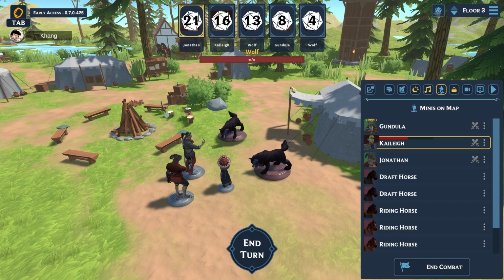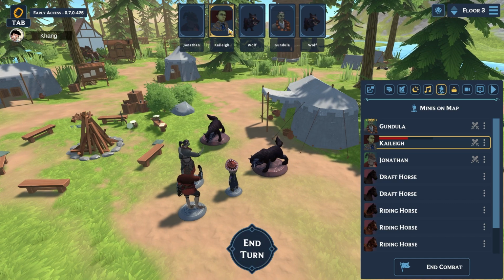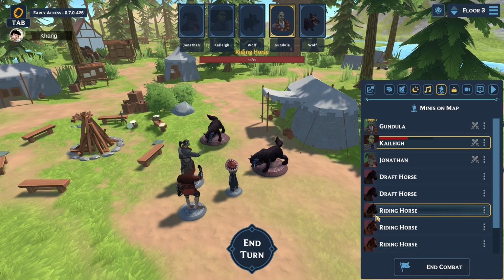So start combat, you can see they have all rolled and are now put into this queue. If I press enter, this will end the turn for the character and move it on to the next player. So yeah, it's just easier to keep track that way as a game master. And if you are done with the combat, you can end combat